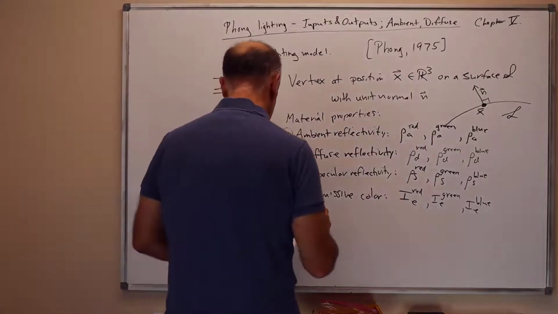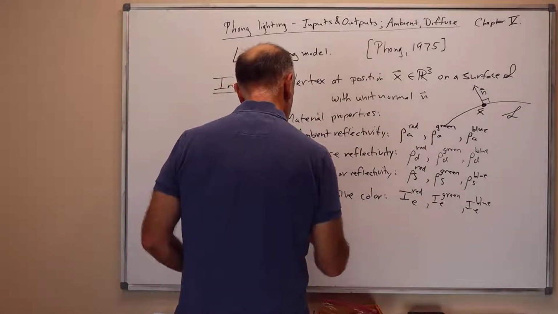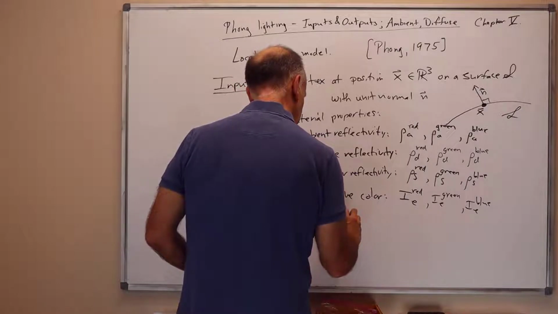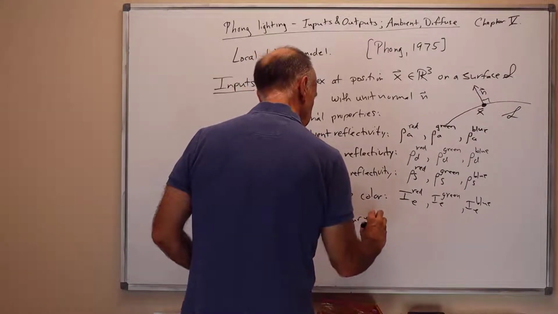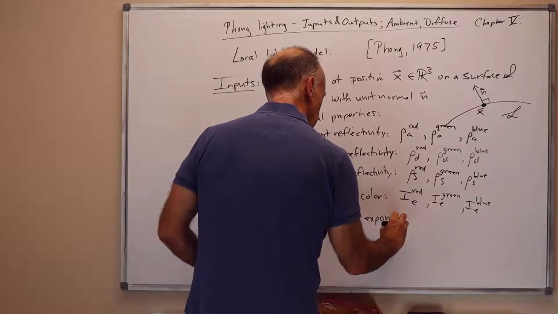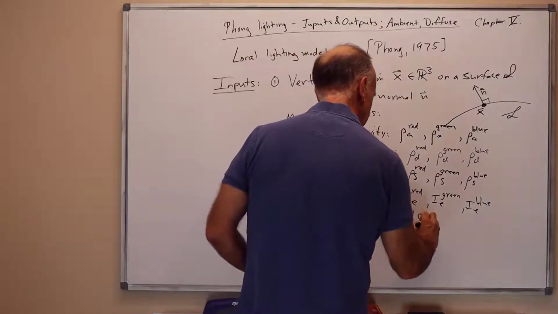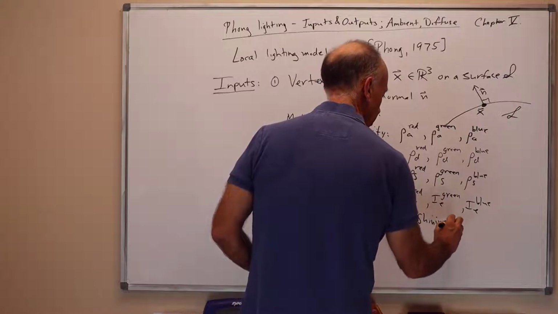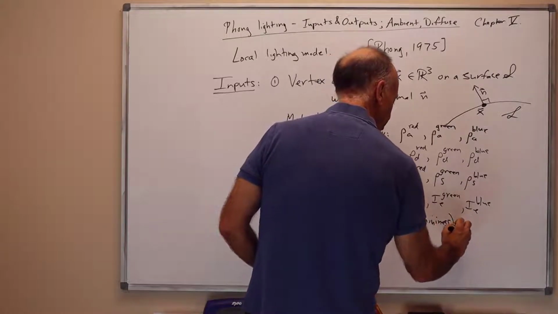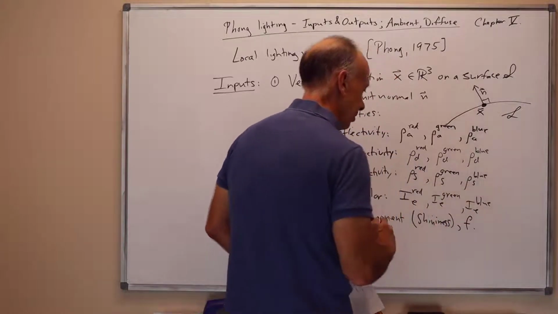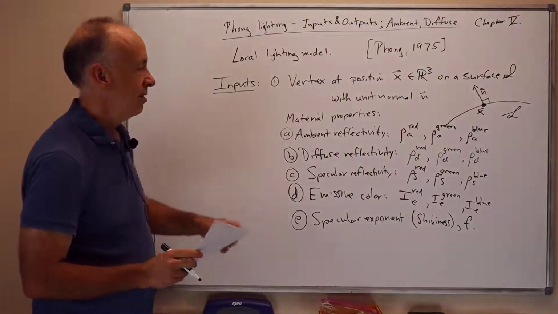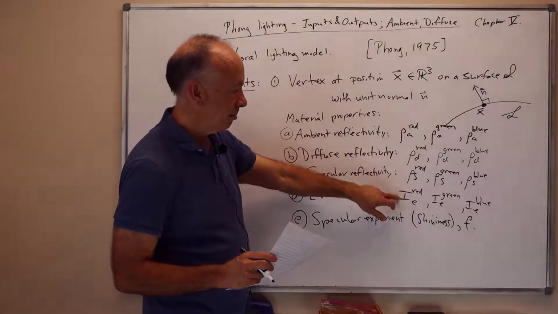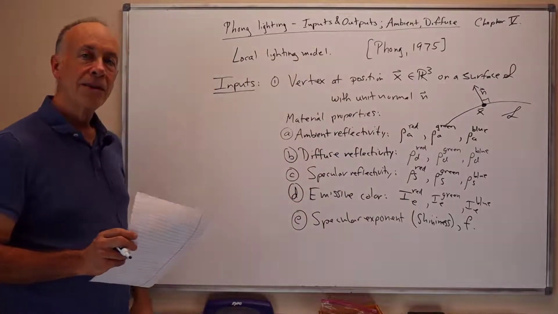There's also the specular exponent, or sometimes called the shininess coefficient, and different letters get used, but I'll use F for the moment here. All these are scalars, so this is a total of 3, 6, 9, 12, 13 scalars that define the properties